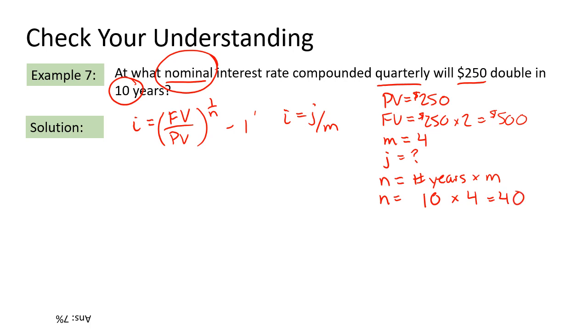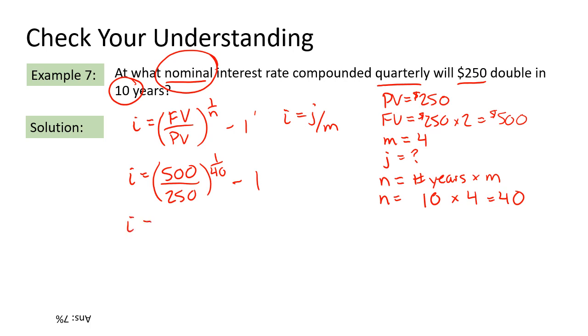So we can solve for I. So I now is equal to our future value, 500, divided by our present value, 250, to the exponent 1 divided by 40, minus 1. So if you place that into your calculator,